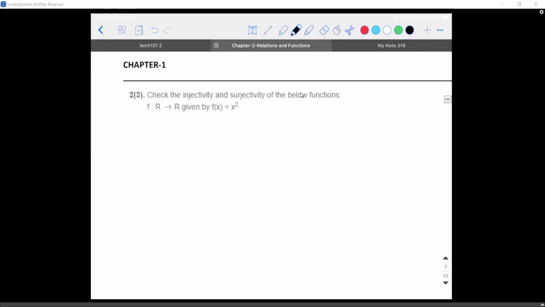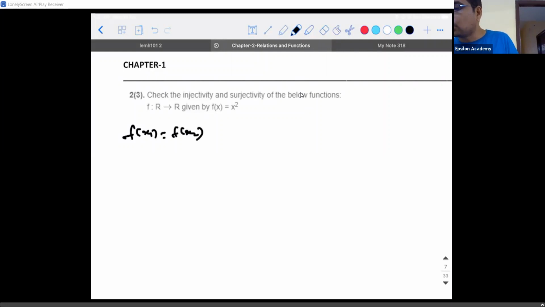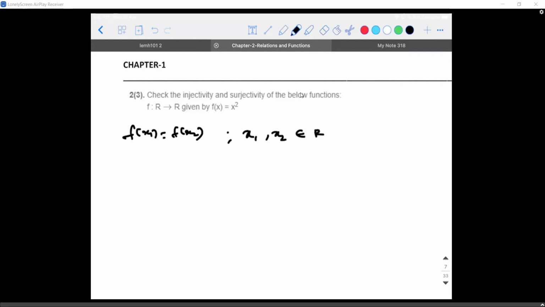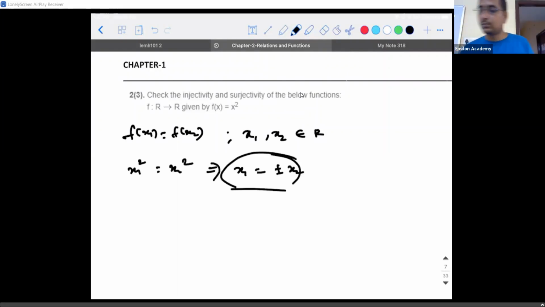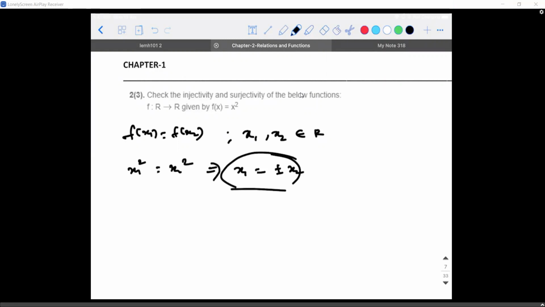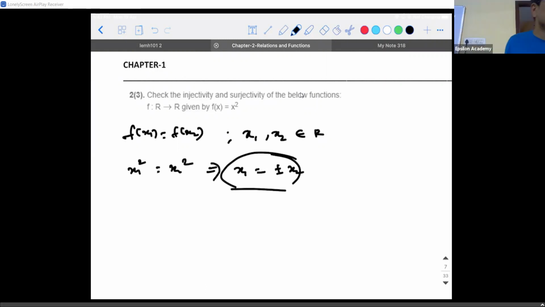That's it. Sir, how is it not a one-to-one function, sir? That's the doubt. I got it as one-to-one. x1 is equal to f of x2, where x1, x2 come from which set? R. So x1 square is equal to x2 square, which implies x1 is equal to plus or minus x2. So it is not one-to-one. x1 can be x2, x1 can be minus x2 also. So there are two values for which you get the same output. Hence it is not a one-to-one function.